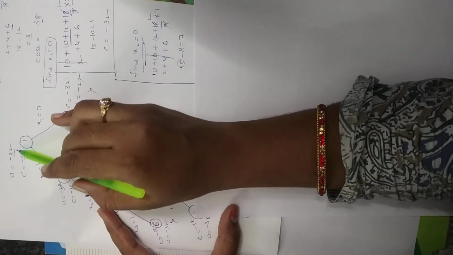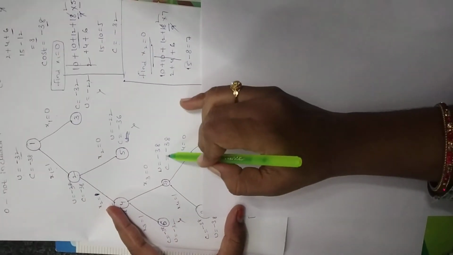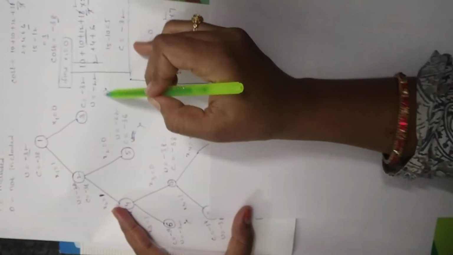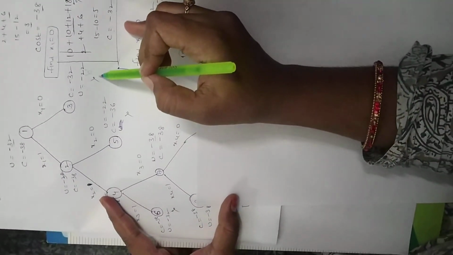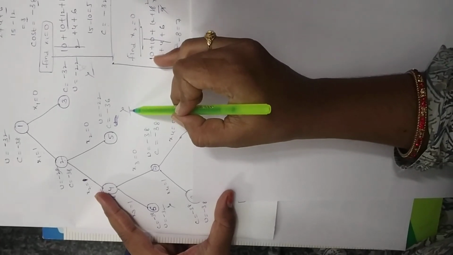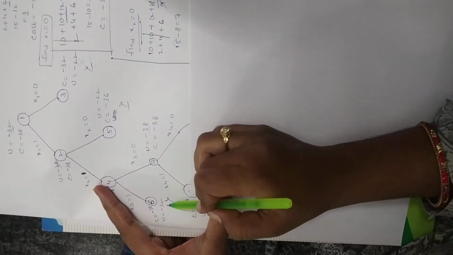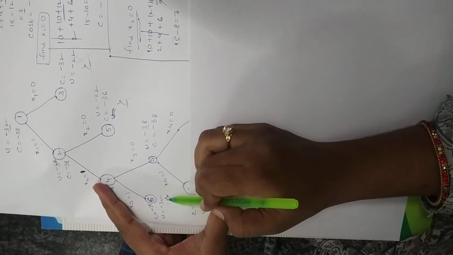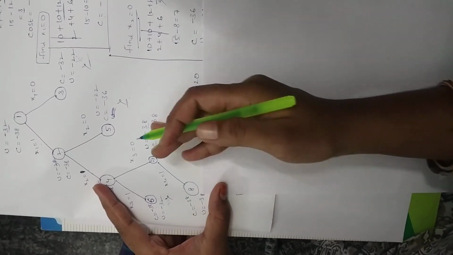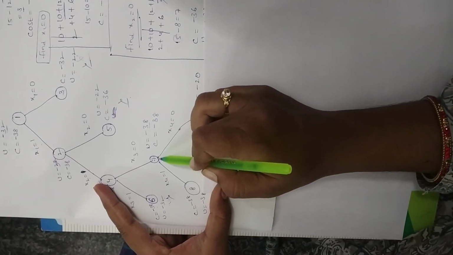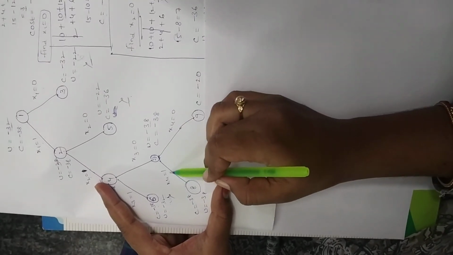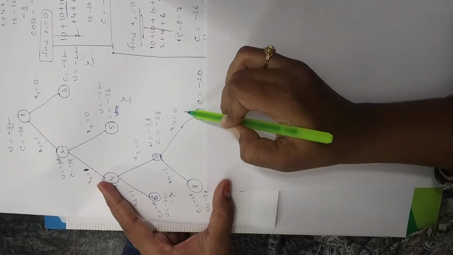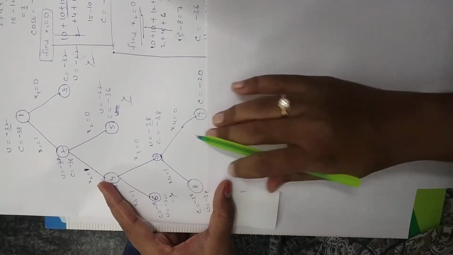Here the upper value is minus 32 and the other upper value is minus 38, which is a larger value. So we are killing this node by using the bound function, and the other nodes with minus 32 and minus 38 are killed as well. Now we generate the next nodes. x4 equal to 1 means included in the bag and x4 equal to 0 means not included in the bag.